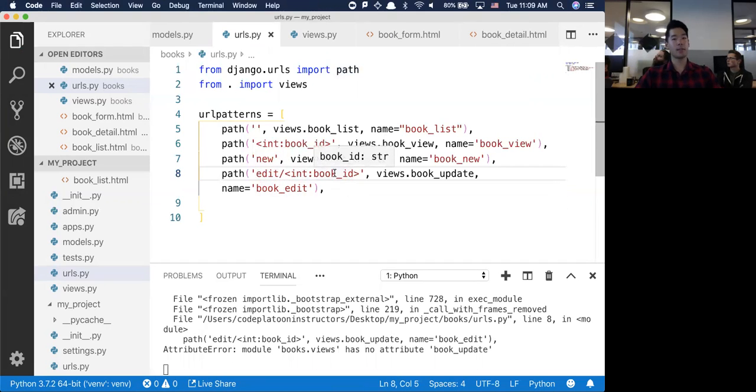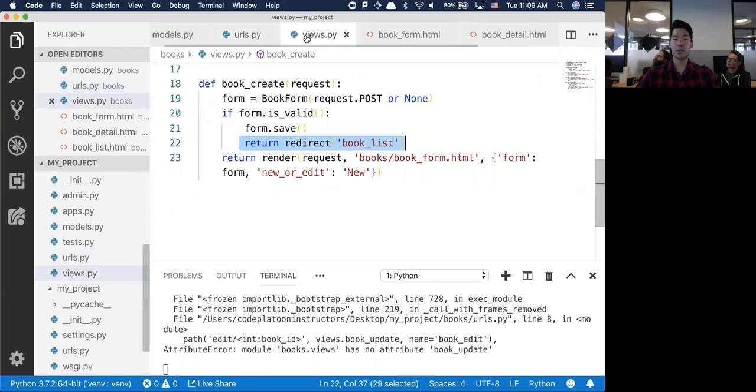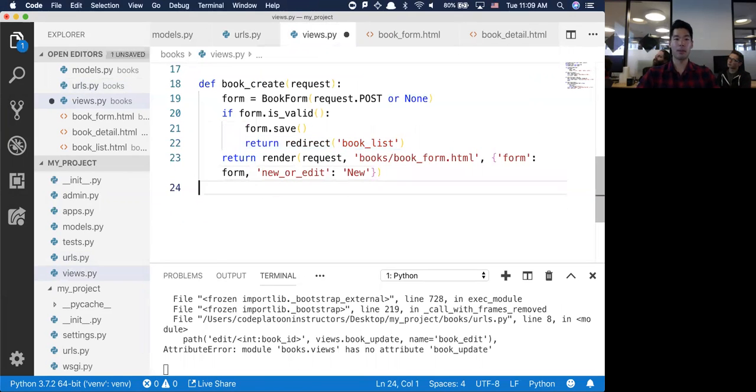/books/edit/some book ID. What's going to happen here is I'm going to send them to the views file, specifically the book update method, and we're going to find the book, give them the form, and then update it. So inside of book update, I'm going to create that method real quick, def book update